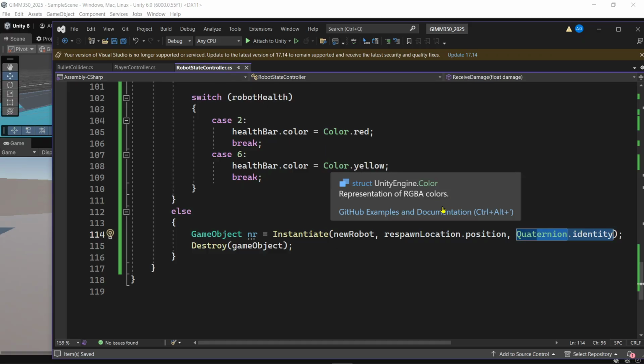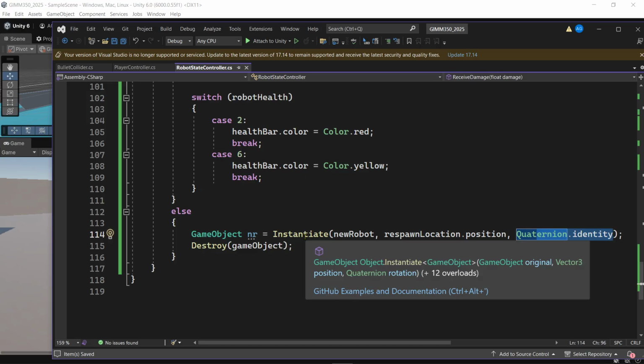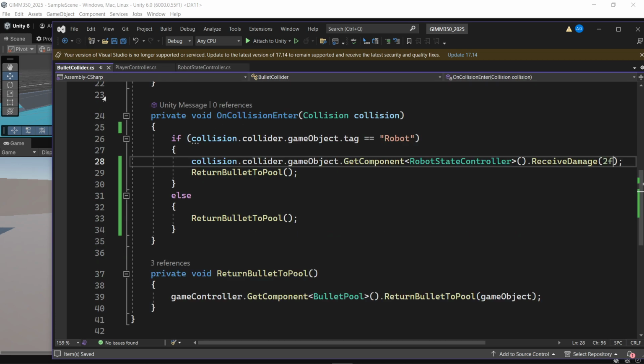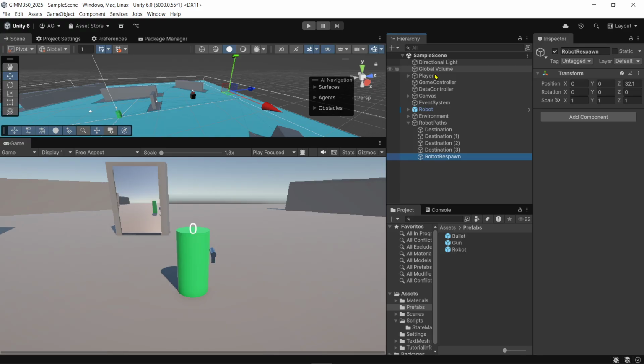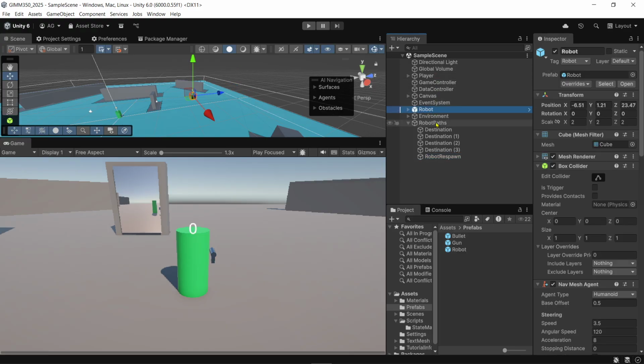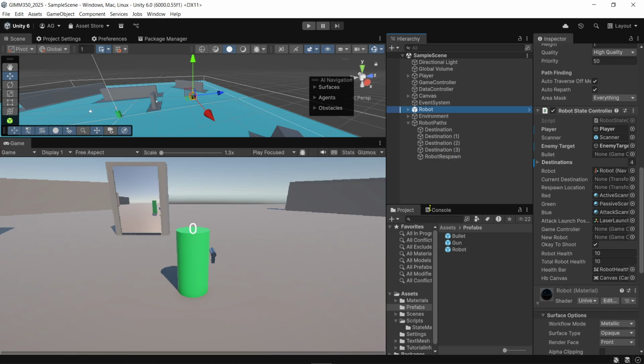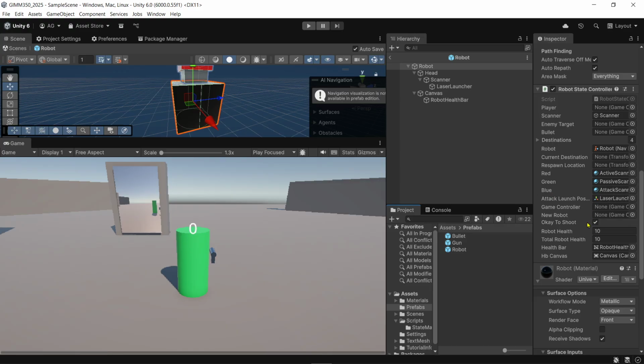That should do it, making sure the collider is a tag base. That is correct. Okay. Then we're destroying it. All right, and then inside of our robot prefab, actually we're going to go into the prefab, and we're going to drag in our robot. So new robot is going to be the robot prefab, and